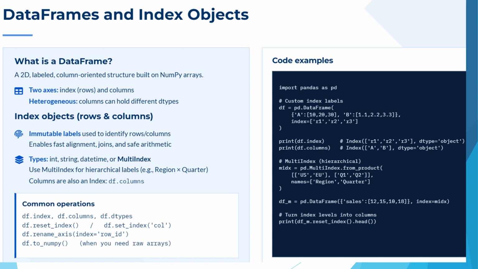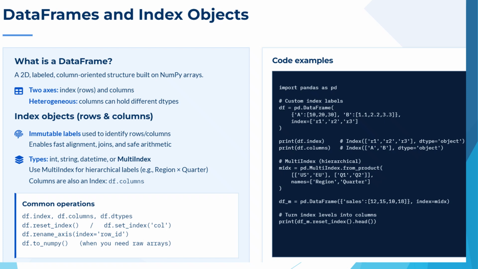The code example demonstrates how data frames and index objects work in practice. First, import pandas as pd imports the pandas library. Then, a data frame is created using a dictionary with columns A and B, and custom row labels R1, R2, and R3 are assigned using the index parameter. The statements print(df.index) and print(df.columns) display the index and column labels, showing how pandas internally represents